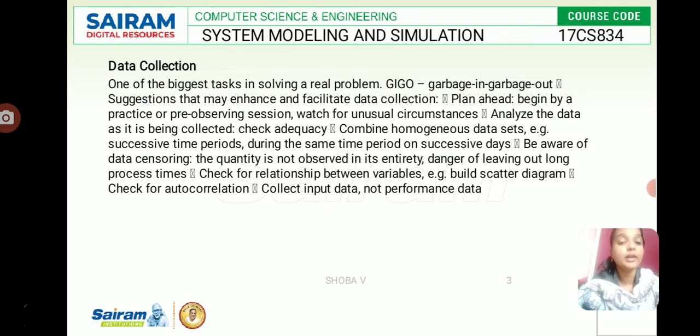When data are available, these parameters may be estimated from the data. So we have to identify the probability distribution to represent the input process. When data are available, this step typically begins with the development of a frequency distribution, so that we can check the relationship between the variables. For example, we can build a scatter diagram or a histogram of the data. The histogram is used to identify the shape of the distribution.